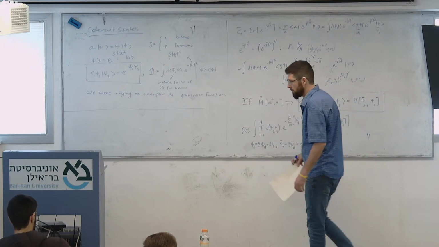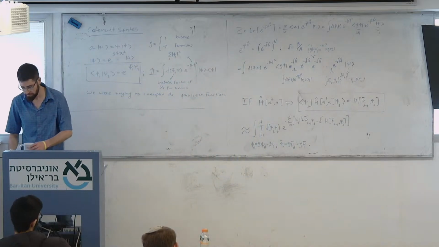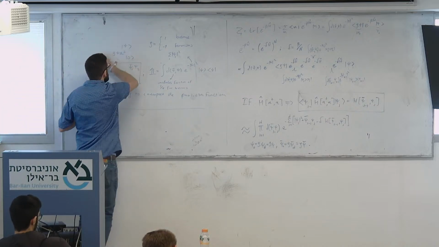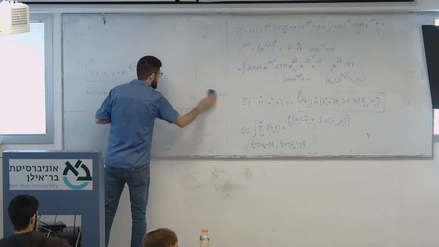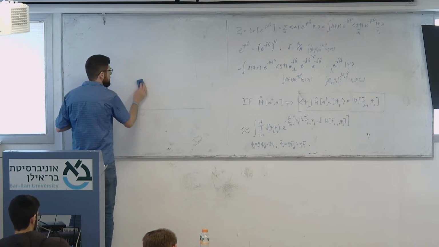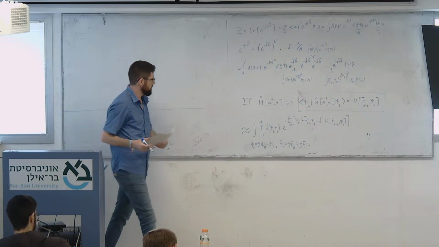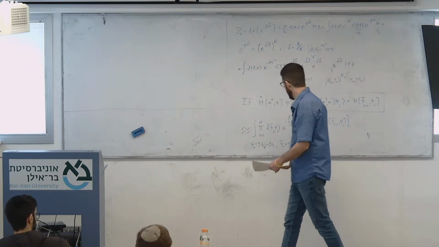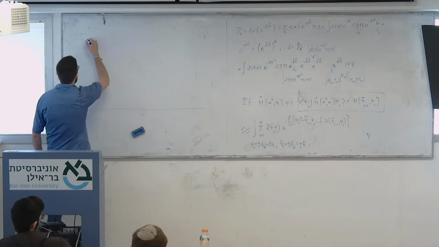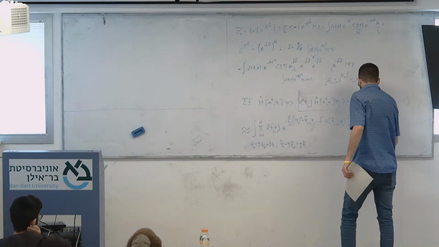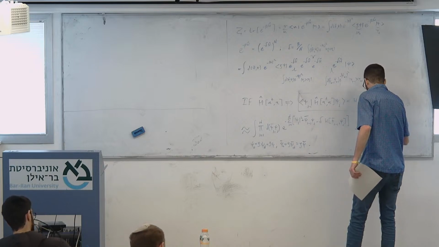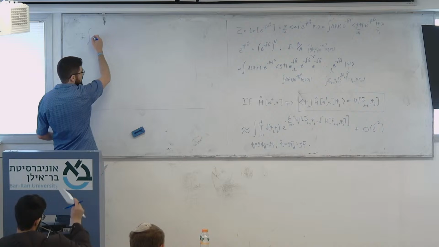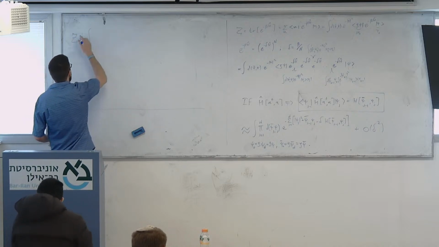Now we're almost done, because all I really need to do is rearrange these terms. I'm going to take a delta outside. By the way, when I wrote this approximately, it is plus O of delta squared. This is what I neglected. So this is Z, and Z is approximately an integral